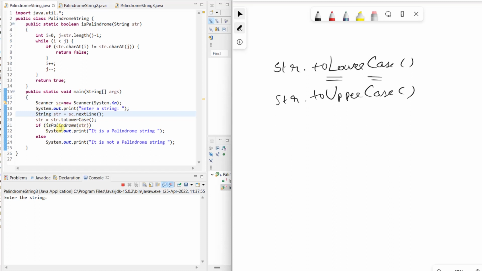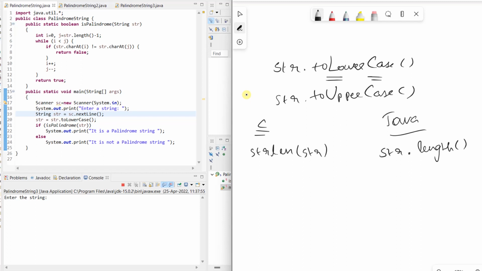Now passing that string to a function called isPalindrome. In this function we'll be checking if the given string is a palindrome or not, and passing that value into the if condition. If that function gives true as the value, it is a palindrome, else it is not a palindrome. Now we'll see what the function says. It is a boolean function, as we are getting true or false value in the if condition. So here we are passing the string as the parameter, and we have i value to iterate, and j value, it stores the length of the string. So in C program we find the length as strlen of that particular string value, but in Java we can find as str dot